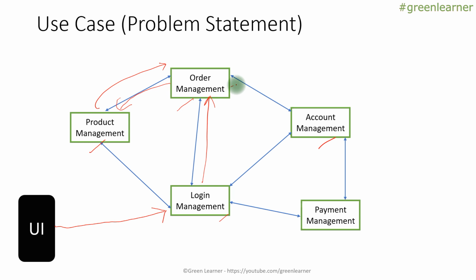So order management will pass the request to account management to check the details of the user and subsequently will process the payment by the payment management service. This is how internal communication among services goes on. The user is just hitting the login management and the user interface that it has, selecting an order and placing the order. Internally, order management is coordinating all the services, like calling the product management, account management, and payment management. So this is the internal communication.